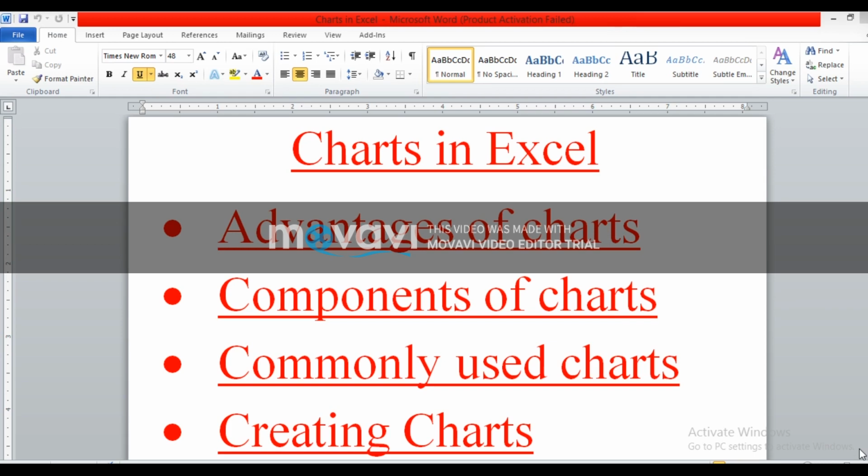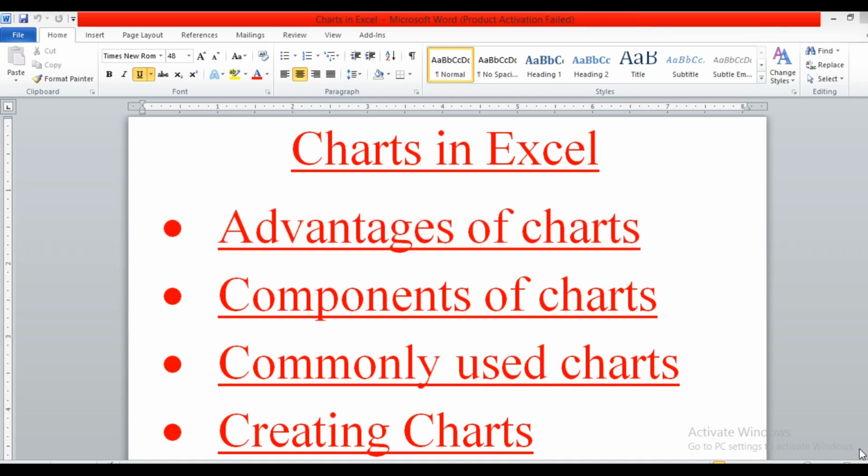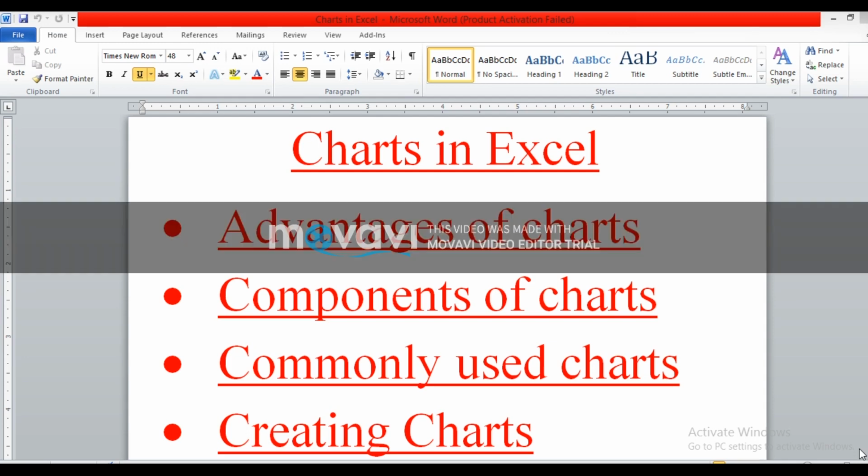It helps to identify the color, pattern or symbols assigned to the data series. Whatever patterns, colors or symbols we have applied on our data series, that is known as the legend.